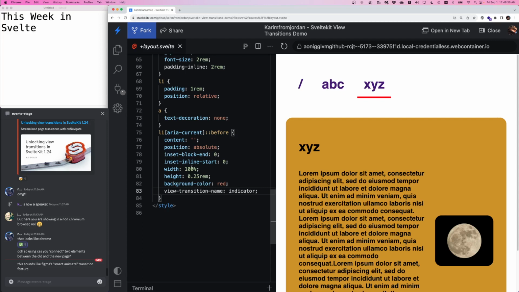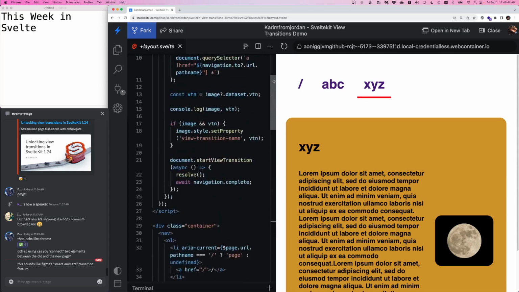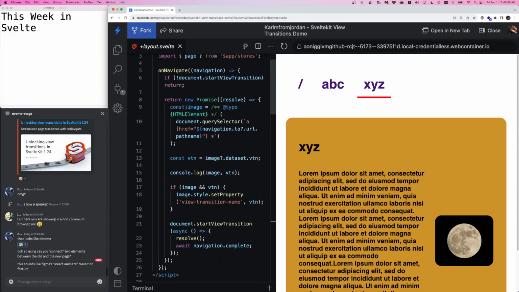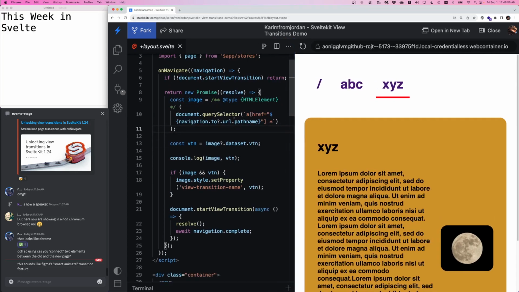So you have to find a way to do this before it is scheduled to happen. So in the JavaScript code above, what I did, I'm not sure if there's a better way to do this, but before the view transition happens, I query the link that has the same